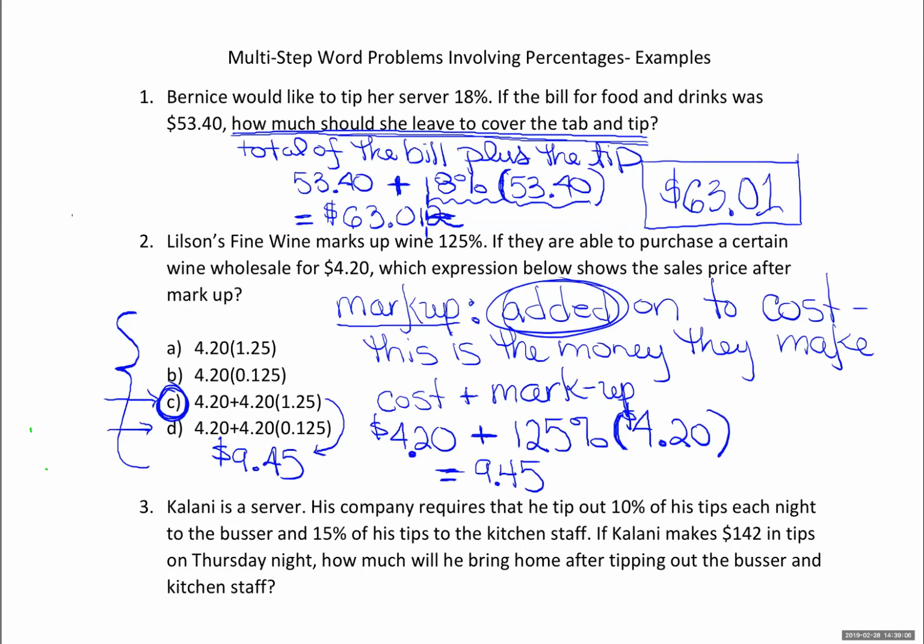Yes, it's 4.725. Yes, the student who wrote D changed their percent into a decimal incorrectly. They did what most students do, which is just put the decimal to the left of the percent, but that's not how it works. Percent literally means divide by 100, so you would have had to move your decimal once, twice, giving you